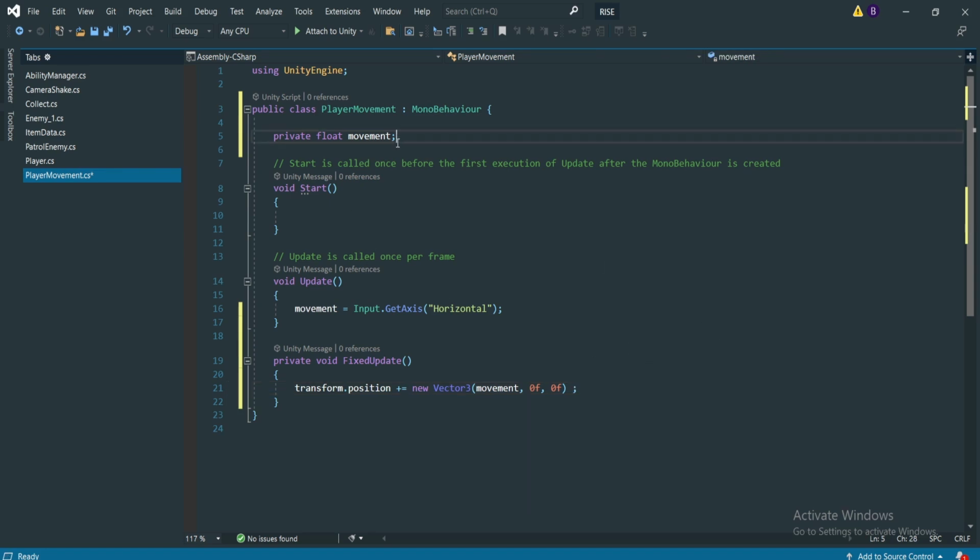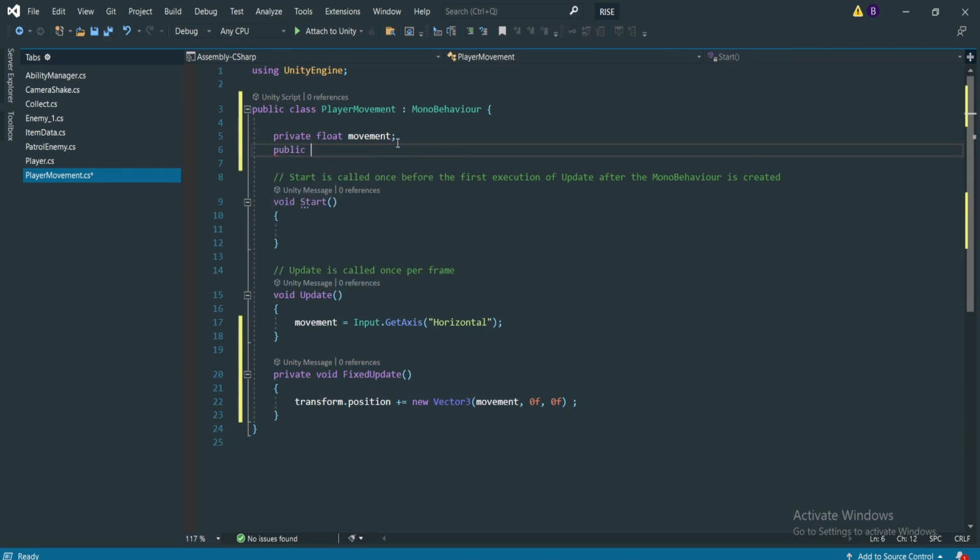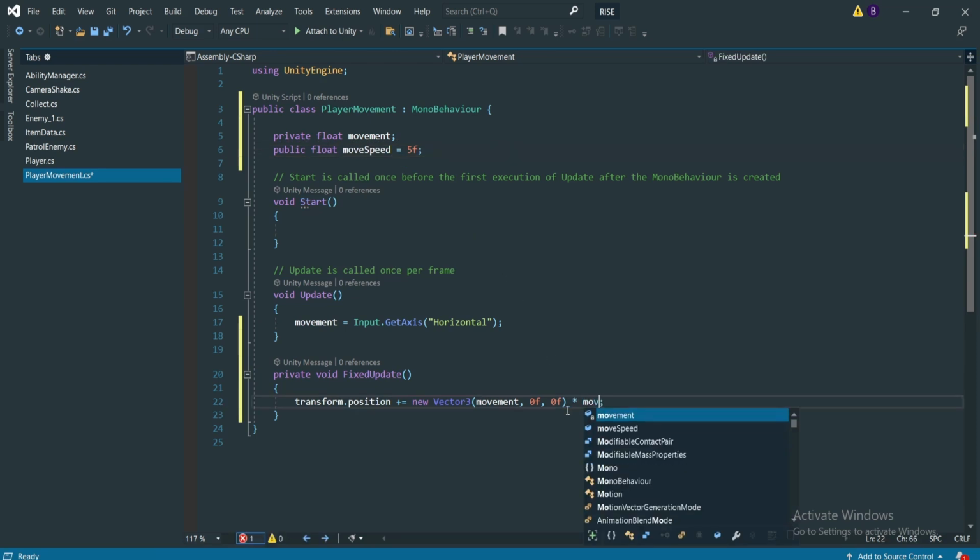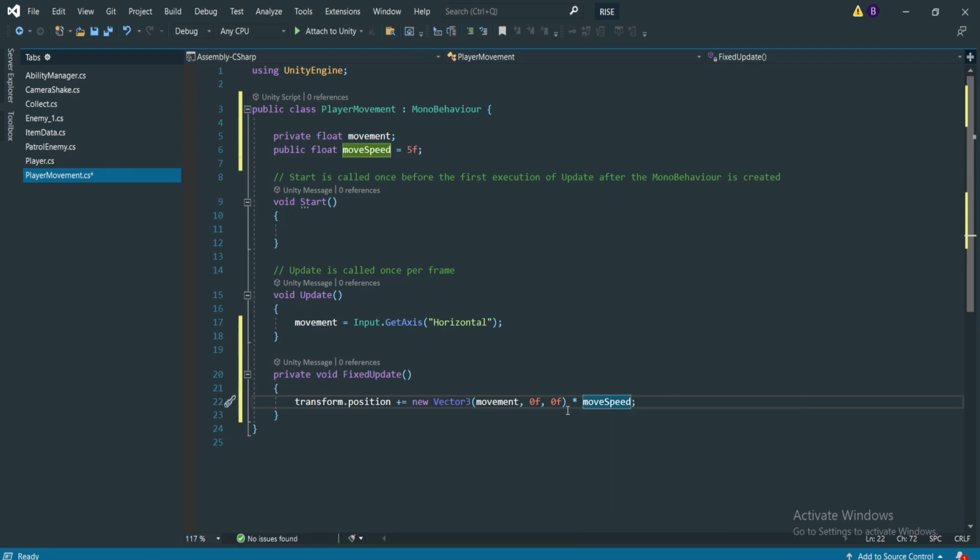So we will go to the top of our class and let's make a public variable. We're going to make a public float. Let's call it something like moveSpeed, and by default I'm going to set it to something like 5 units. And let's multiply this whole vector with the moveSpeed, and also make sure you multiply with Time.fixedDeltaTime,